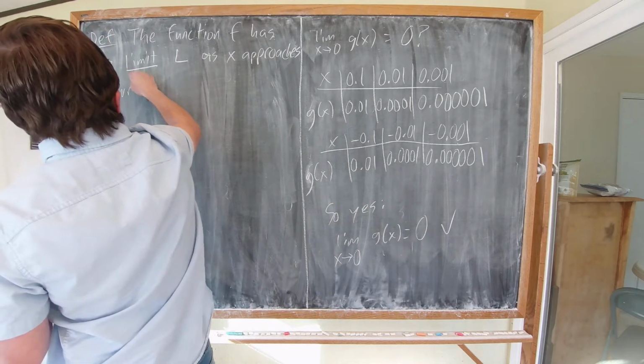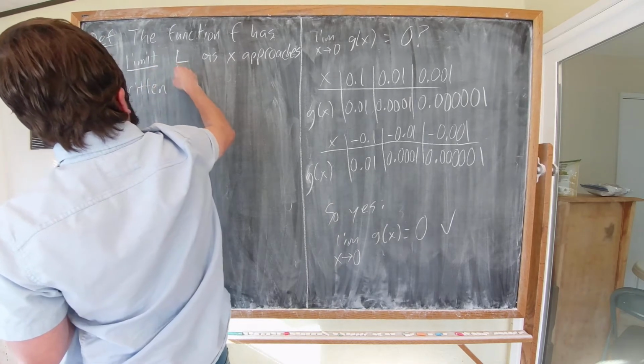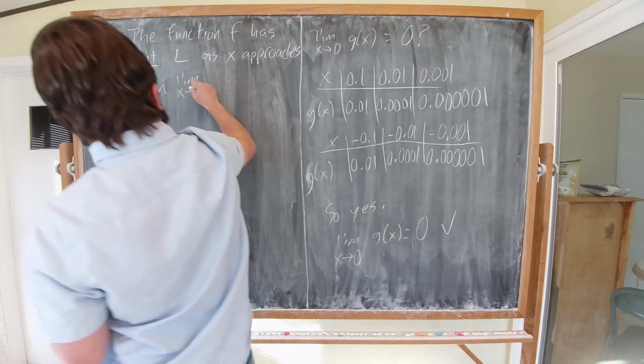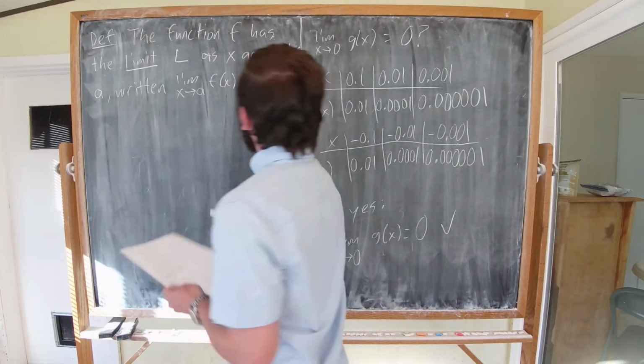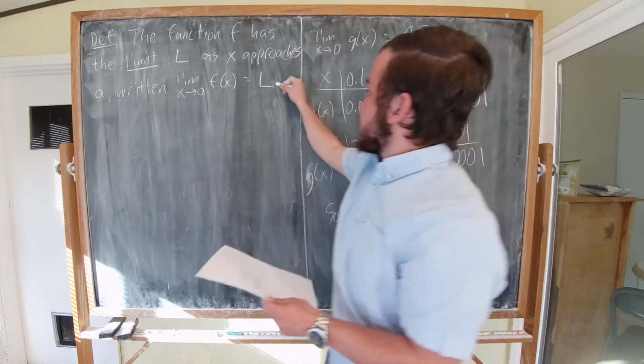And we write this as lim x to a of f of x is equal to capital L if